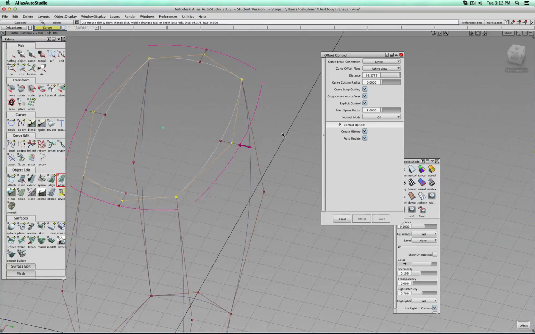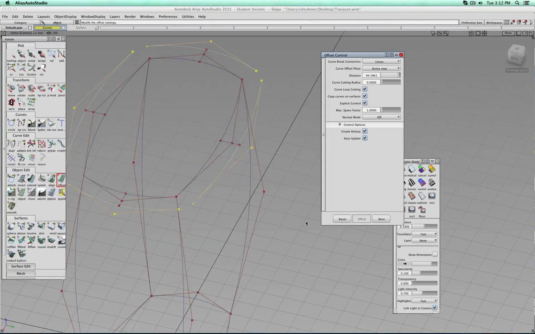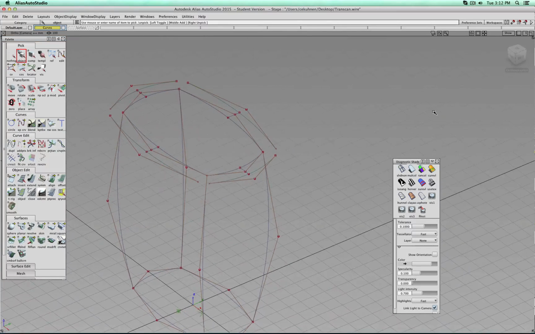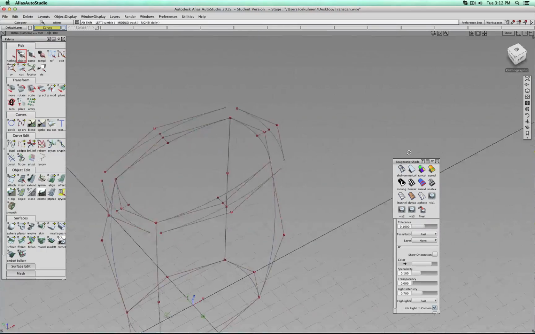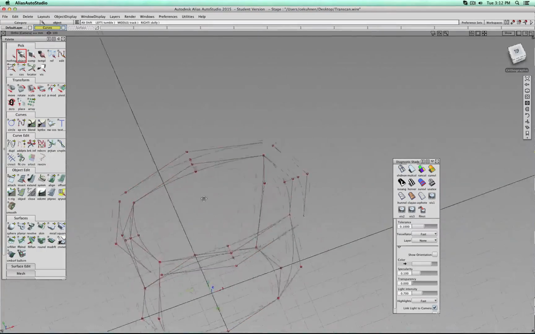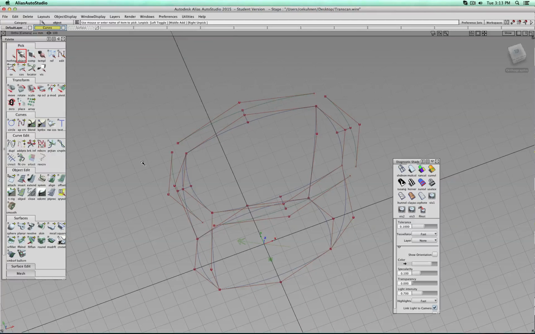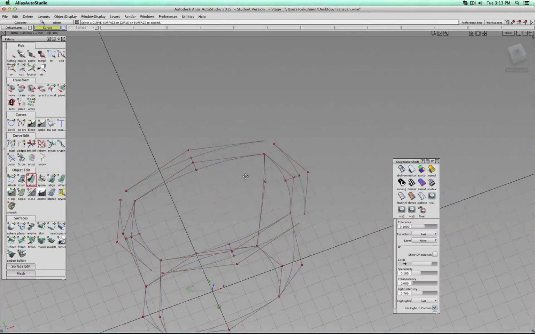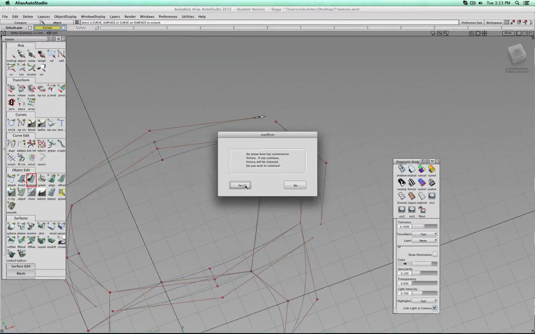So now I can go into the perspective view and, for example, drag this one to the distance I want. Say offset. And there now, for example, I have my curve offset. The problem is, as you can see right now, there is a gap between. So what we have to do, we need to extend the stuff. So we go to the extend tool. So click yes, and we'll have to